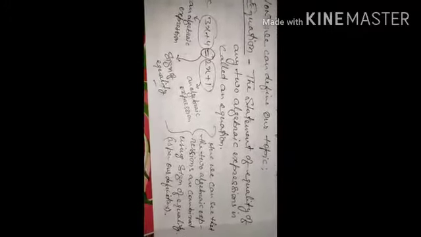Okay, now we come to the equation. So what is an equation? A statement of equality of any two algebraic expressions is called an equation. Now let us elaborate it more. The statement of equality: equality means you are going to use the sign of equal to. This is one of the examples I have written to make you understand the equation: 3x plus 4 equals 2x plus 1.